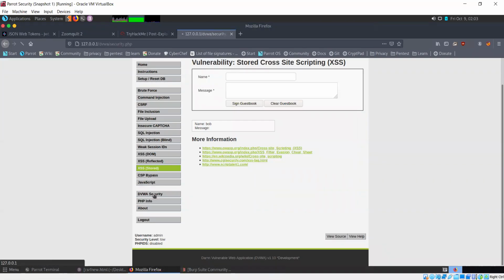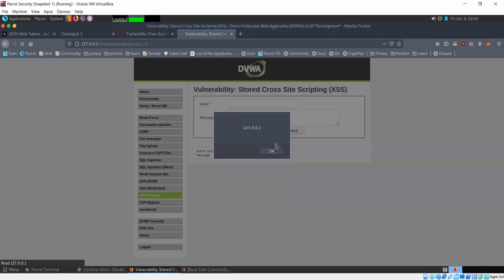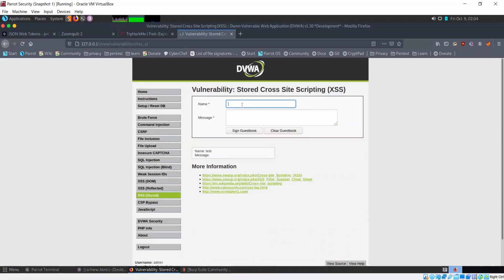Let's change the security level in this case. Again, let's say Bob.